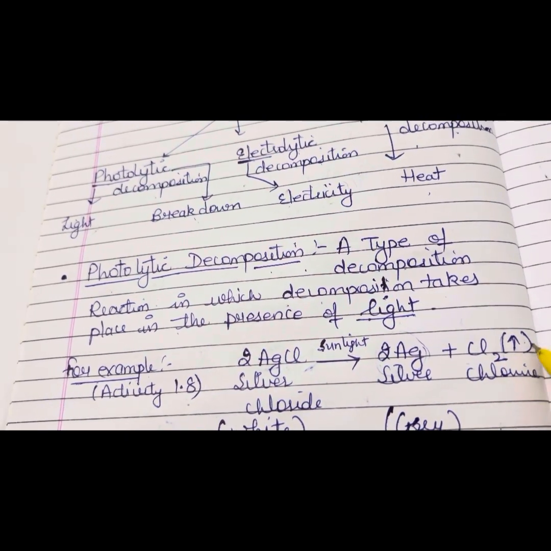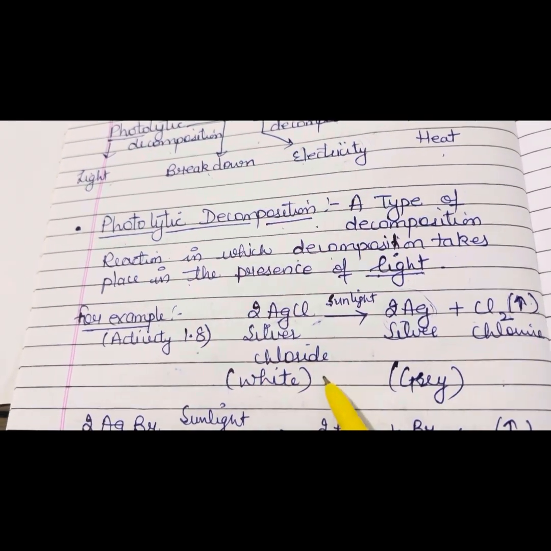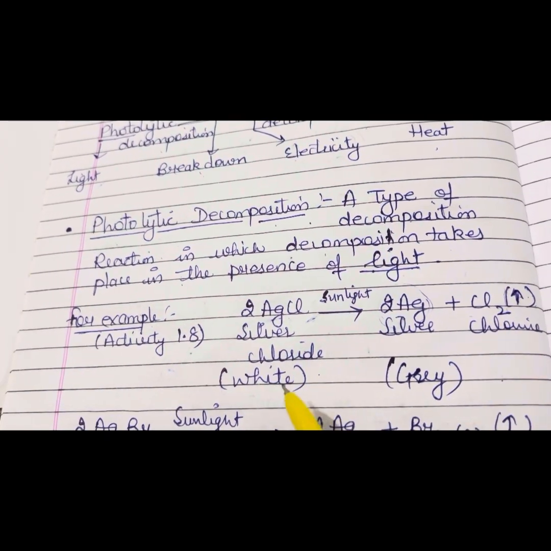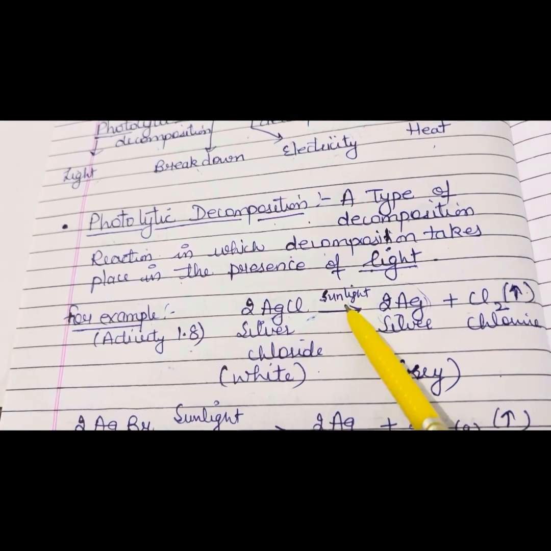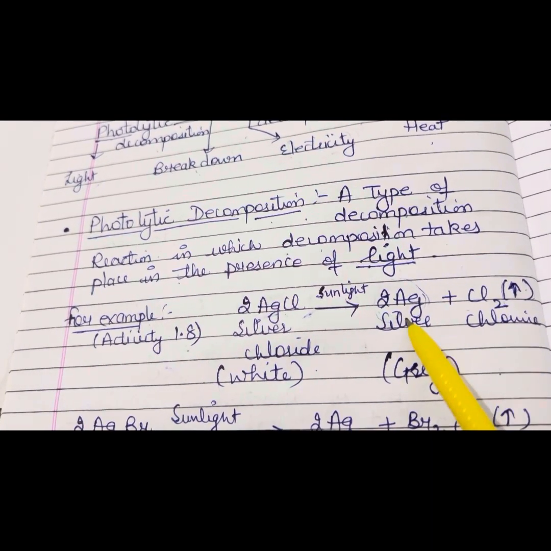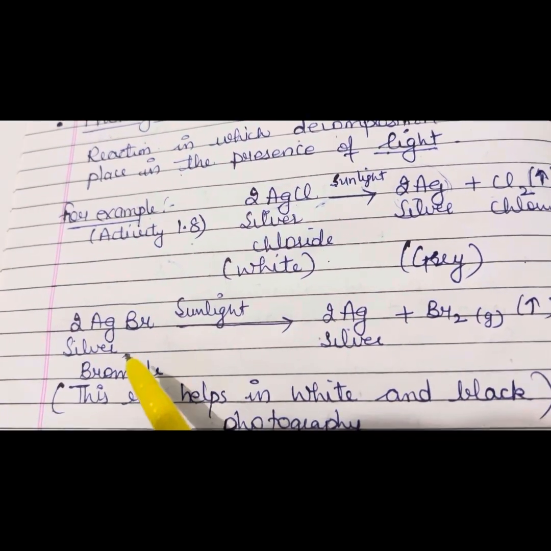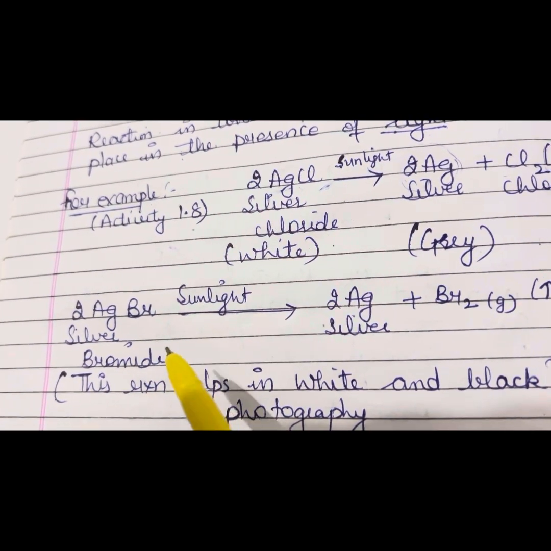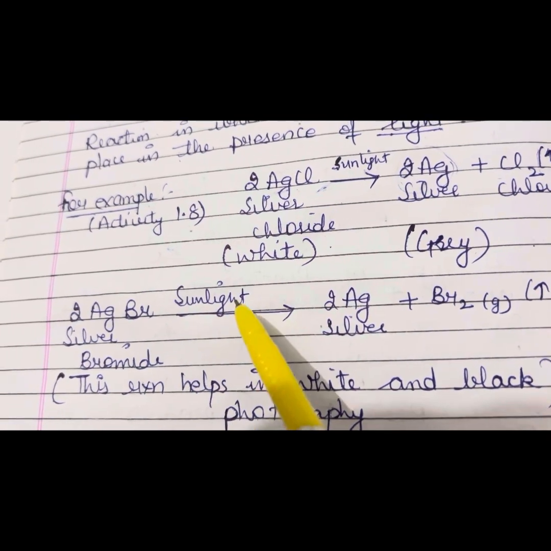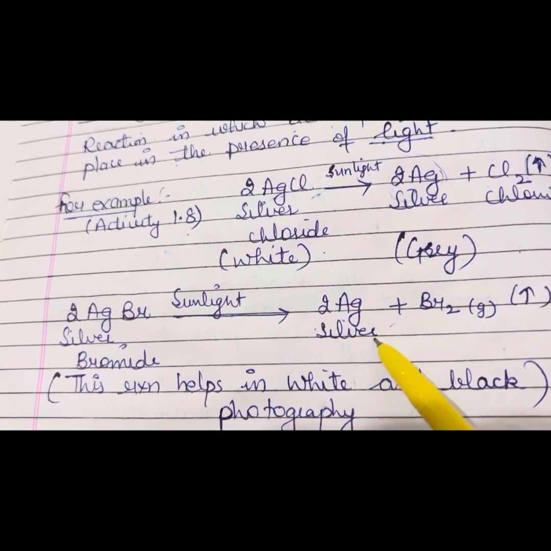Why are we using the upward arrow? For the evolution of gas. This silver chloride is white in color. When it decomposes in the presence of sunlight, it is converted into a gray substance, which is silver. So the second type of reaction is AgBr. AgBr means silver bromide. When silver bromide reacts in the presence of sunlight, it will give rise to silver and